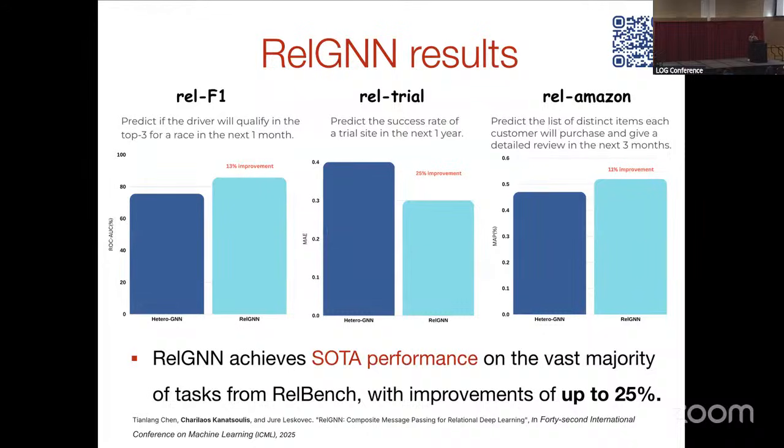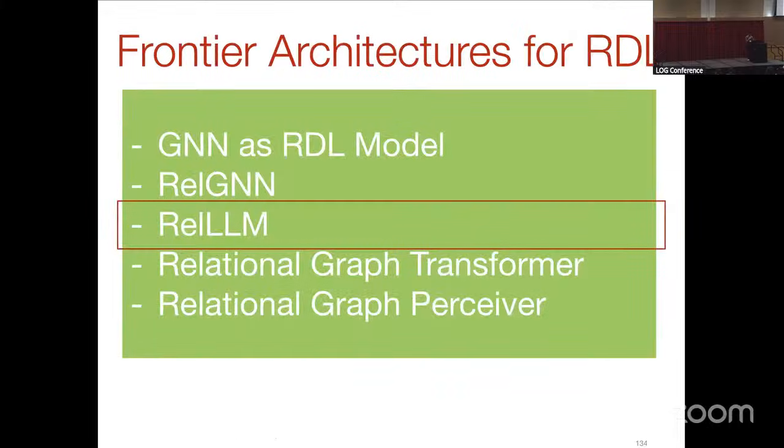So the story here is that we saw GNNs very naively extending on RDL. It improves traditional data science workflows. Now, with further enhancing the GNNs, we improve even further, in some cases up to 25% on the prediction tasks. So far we covered two of the architectures. Let's move towards answering some of the questions